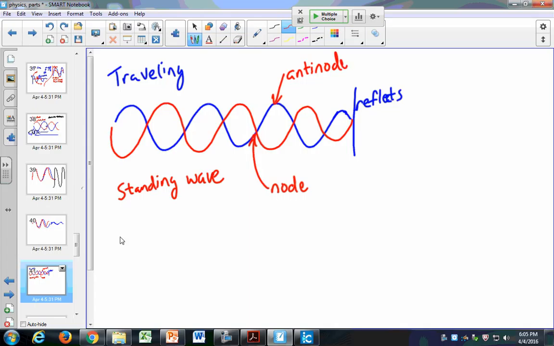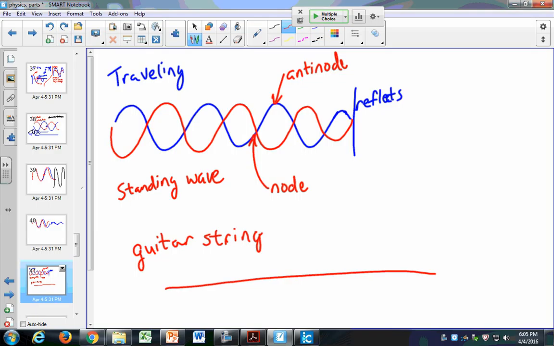Let's see. If you have a string, like on a guitar, what do you have at the end of your guitar string? So I have these waves. This is my guitar string. They're connected at either end. And then it will reflect back and bounce along the guitar string. The wave will reflect off the end, and you'll get this standing wave. At this point, at the ends of the string, what will you get? Nodes or antinodes? What do you think?